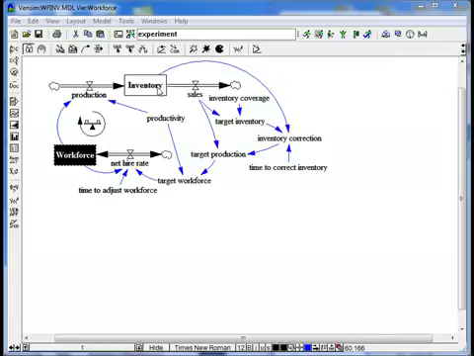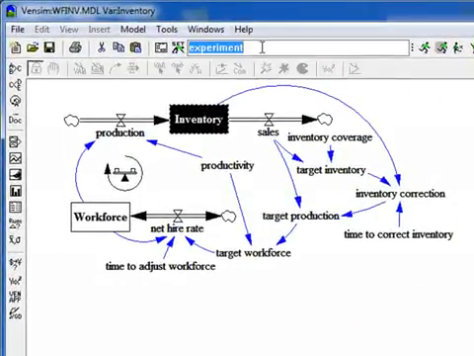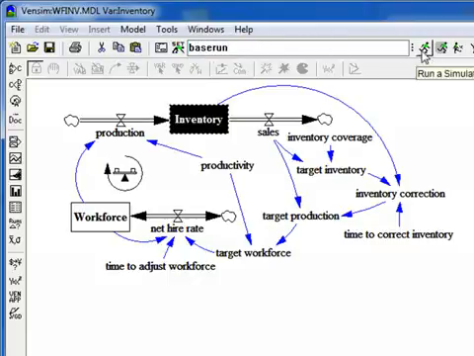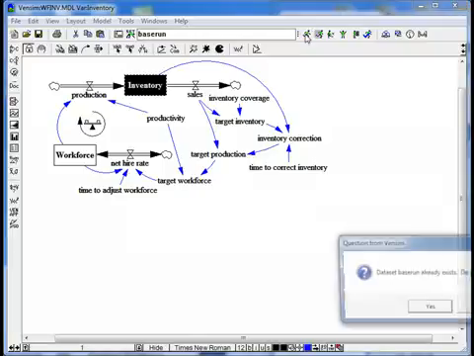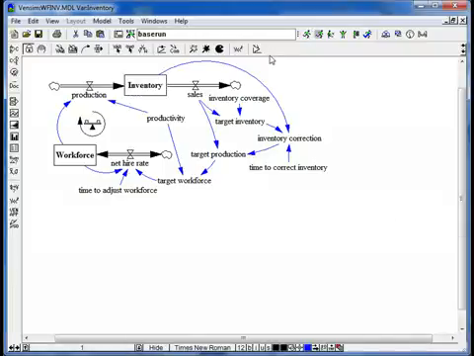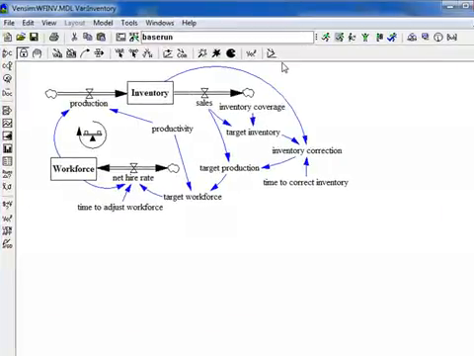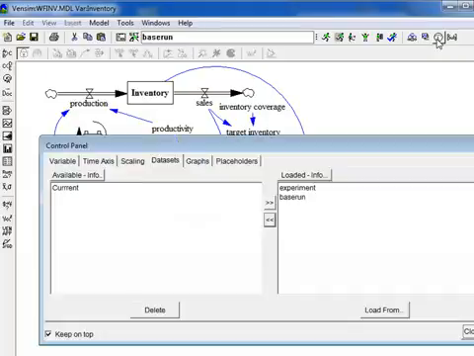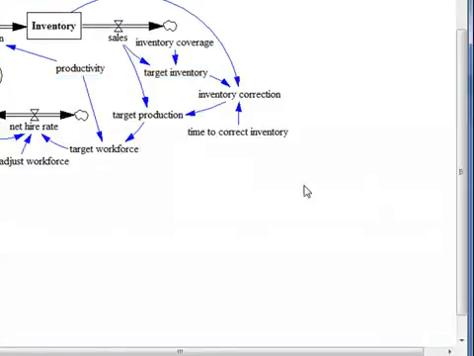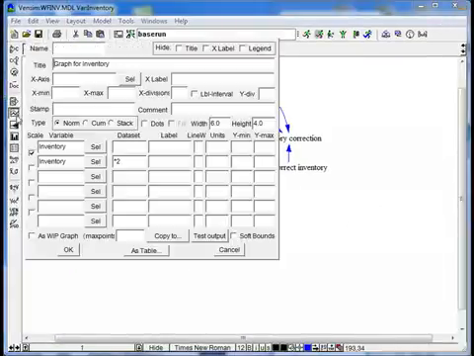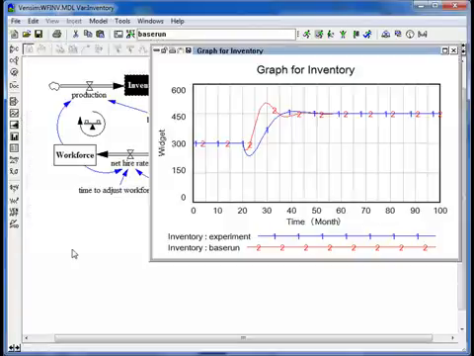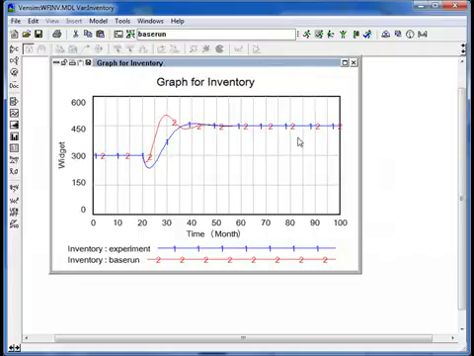Now the same we can do for inventory. When you click on inventory, we change here from experiment to base run. We can click again run a simulation, because all the values are now turned back to the baseline. Yes, and we have loaded base run and experiment as our data sets. This we could control in the control panel, and we see here loaded information is experiment and base run. We close that, we go to inventory, we click graph again, OK,